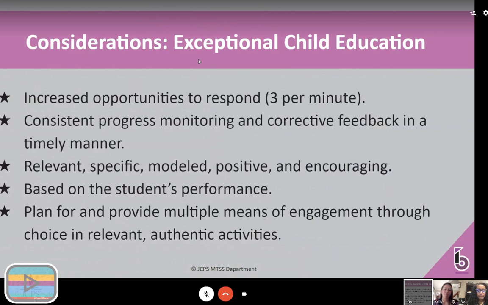Okay, so exceptional child education considerations. Increase your opportunities to respond. Ideally, we're striving for 3 per minute, which sounds like a lot. However, if you think of all of the different ways you can have kids respond, one of the ways that,